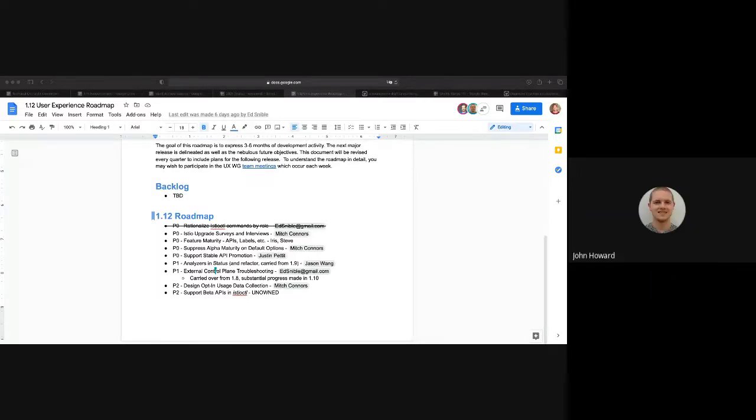Yeah, just kind of like broader level. A lot of the stuff is obviously pushed back from 111 and even some of it from 1.9. Do we think that we are going to actually get to these? And if not, do we need to add more staffing to this working group? And if not, then should we deprioritize all of these so they're all P1 or even P2 if that represents the reality of how likely we are to get to them?